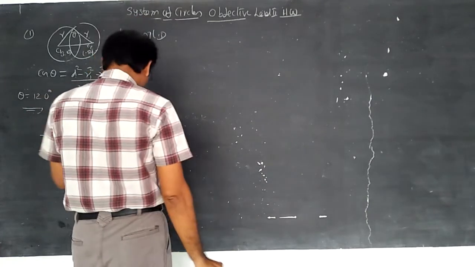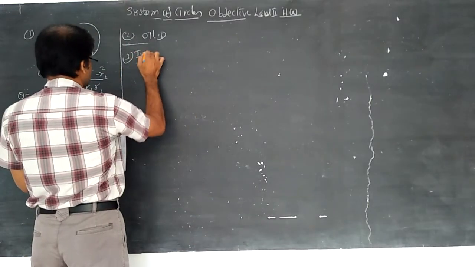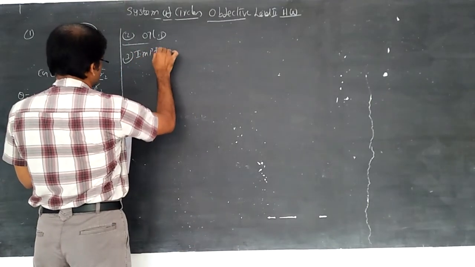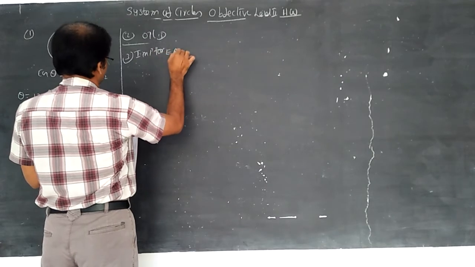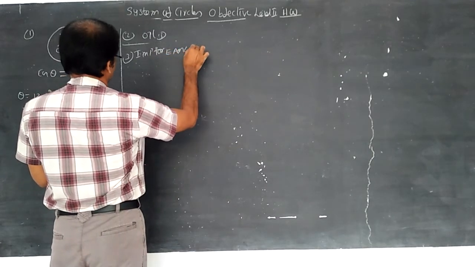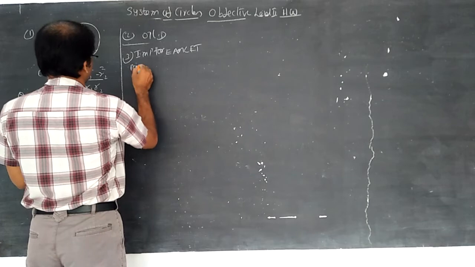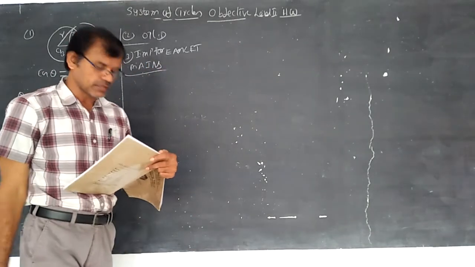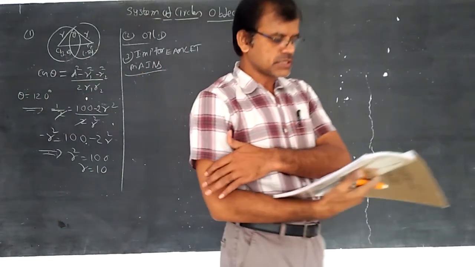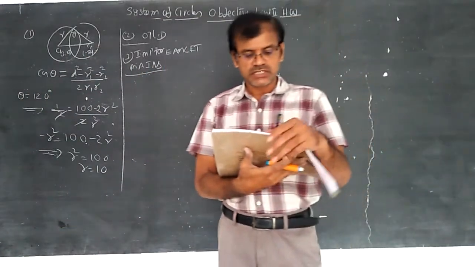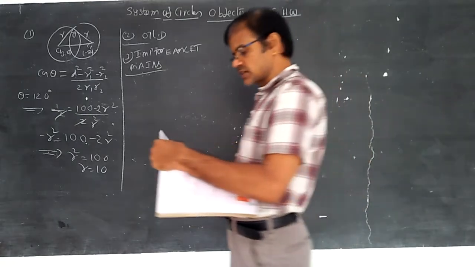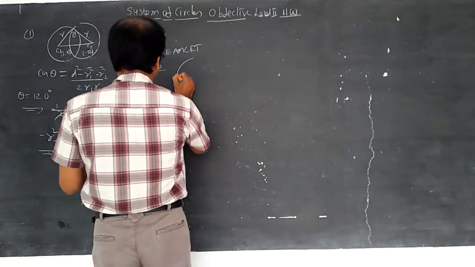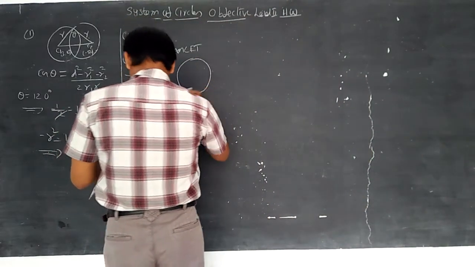Third question, the locus of triangle. Here, locus sums are always important for MSET and Mains also. For MSET you should concentrate more, depending upon the locus sums. The locus of center of circles which touch the circle x equal to a and cut the circle x square plus y square equal to a square orthogonally. This is the required circle.